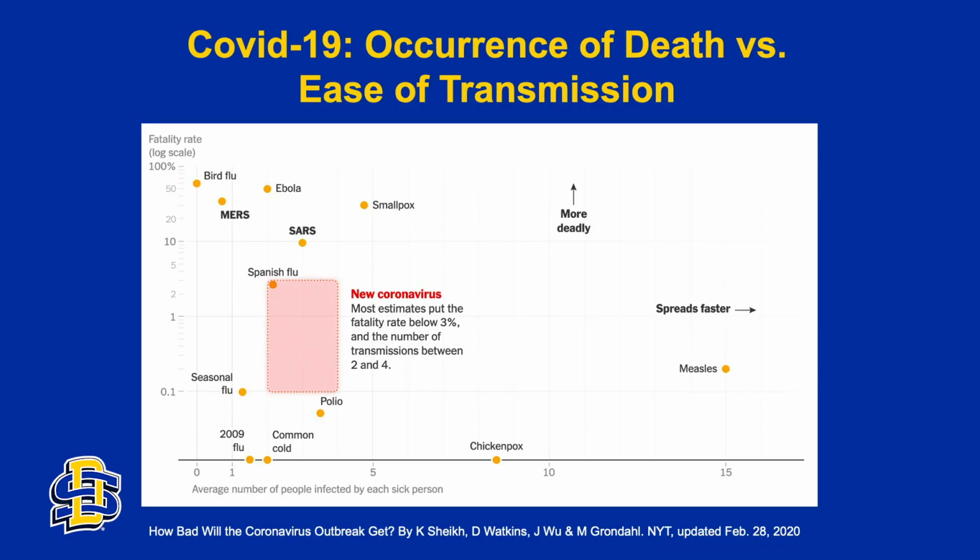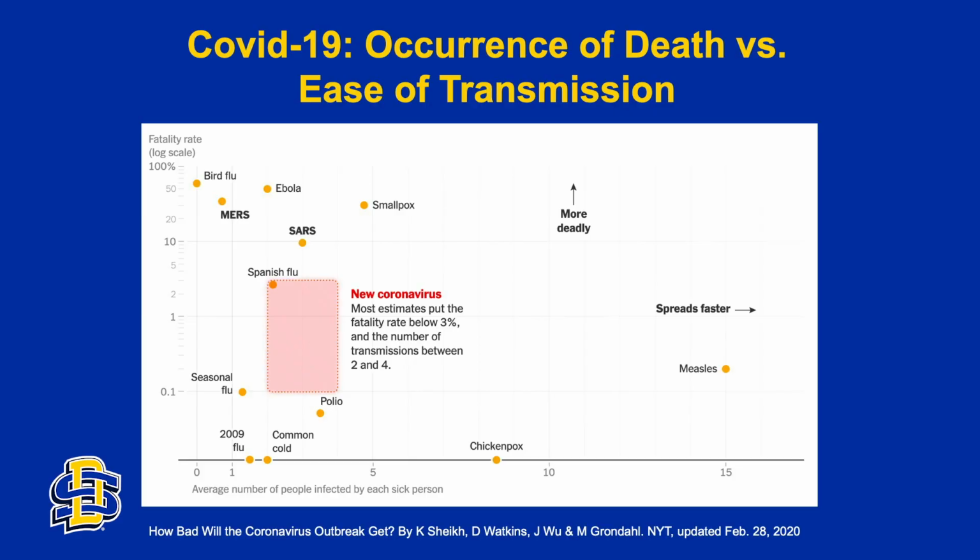The mortality rate is not as high as with SARS-1 and MERS, but so many people are getting it that you're getting a lot more deaths from this virus than you do from SARS and MERS. One of the things that's also important to think about is how this disease not just relates to mortality, but how easily it spreads. So, sort of looking at both of those at the same time.